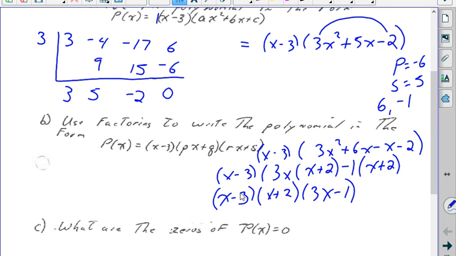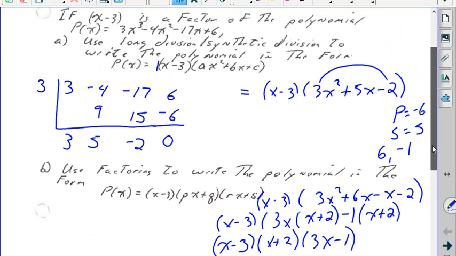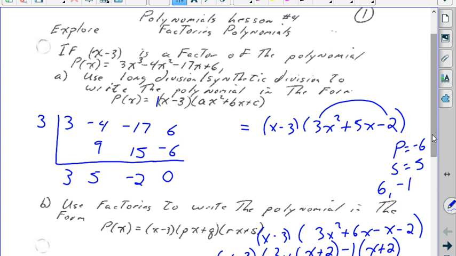Okay. So what we have here is we've taken this polynomial, used synthetic division to pull out a factor, or a linear factor, x minus 3, and then used basic factoring methods for quadratics from last year. If we were to punch this in, a good test for this,